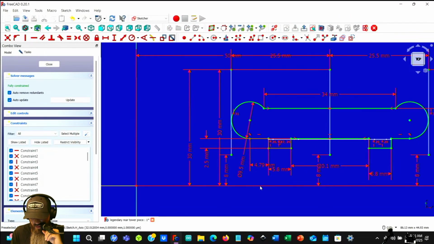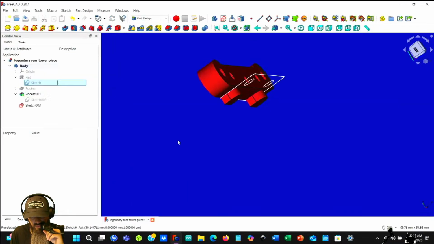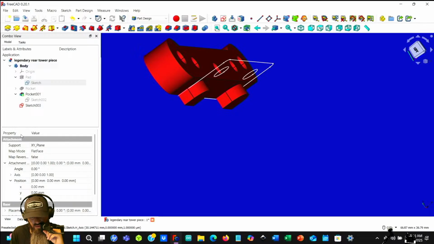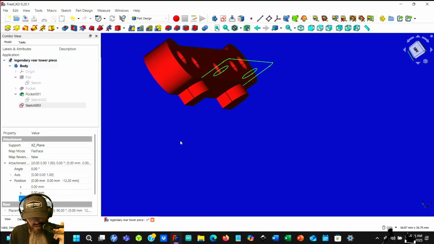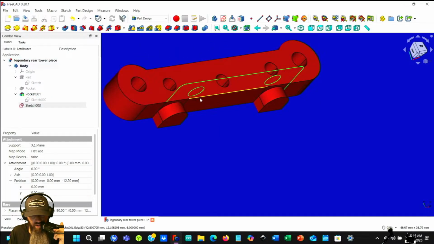What's from here to here? What is that? 12.2. So why am I on a 0.2? So 12 minus 12.2. I don't know why I did that. It's alright though. Okay, and then this will pad upwards 1 millimeter.